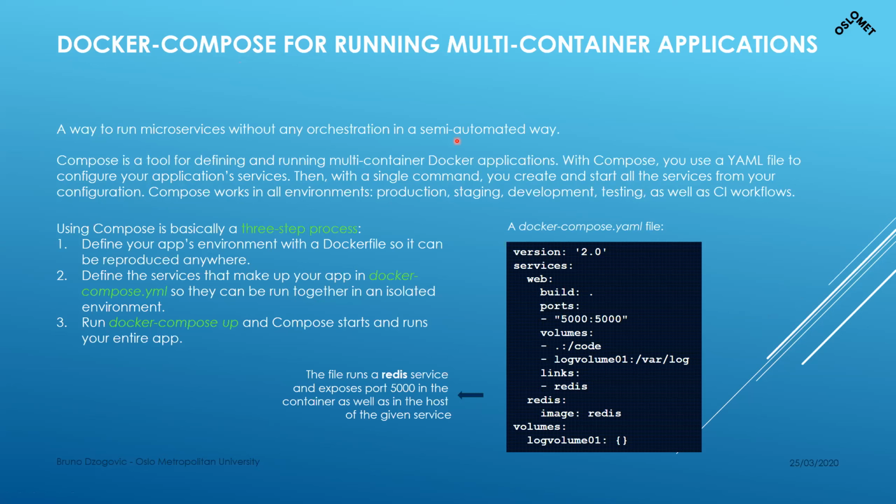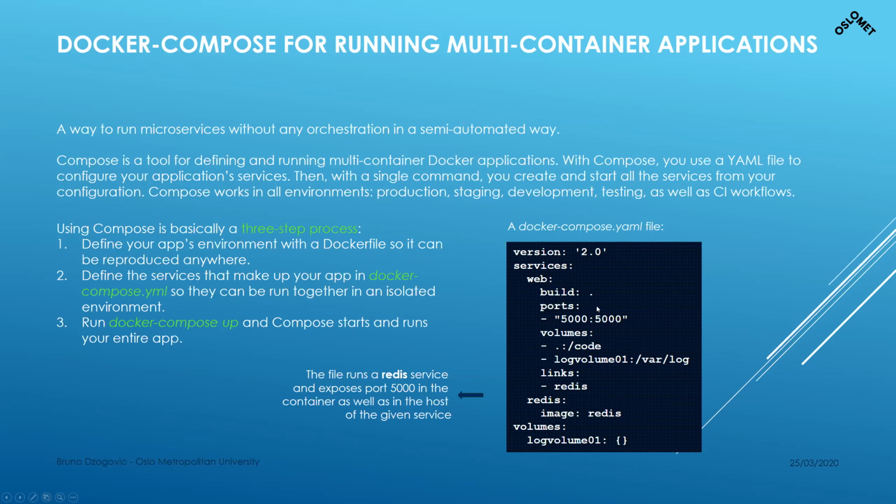I just said it's more of a semi-automated way, which is partly true, but you can also pretty much automate everything with Docker Compose. You can use some scripts to automate the provisioning and build, etc. So with Docker Compose, you create a file. The environment of the application in which it will run, and the image in which it will be deployed, is going to be defined in a file called Dockerfile. So when you have this file, literally you can run the same app everywhere.